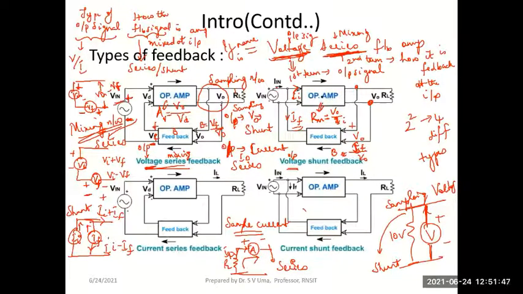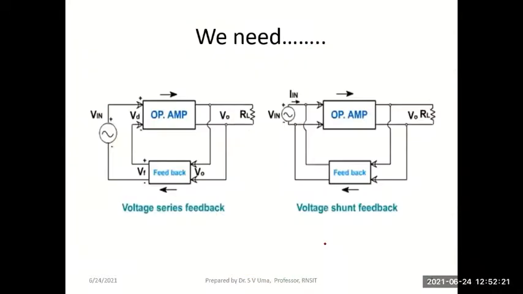If the basic op-amp is a resistance or trans resistance type, the feedback network should be of a conductance type. Because if the basic amplifier takes current as input and gives voltage as output, the feedback network is working in the opposite direction. It will take voltage as input and give current as output. Okay? Remember that. So these are the two basic categories which we are going to use here. The other two are current series and current shunt. We will study that later.